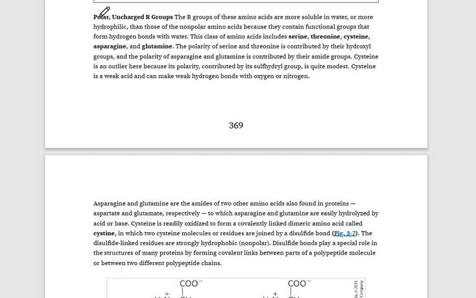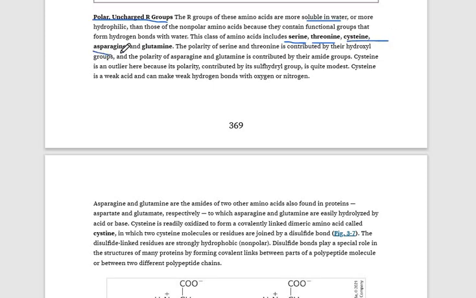Next class is polar uncharged R groups. The R groups of these amino acids are more soluble in water, or more hydrophilic, than those of the non-polar amino acids because they contain functional groups that form hydrogen bonds with water. This class of amino acids includes serine, threonine, cysteine,